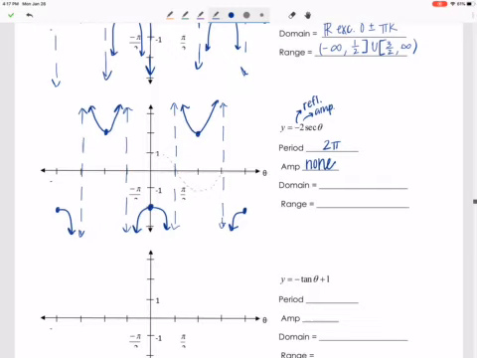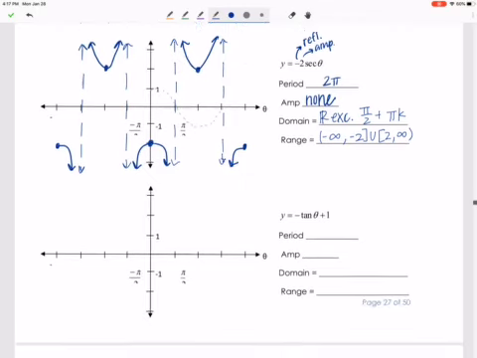All right, domain: all real numbers except our first asymptote is at pi over 2 plus pi k. And our range is -infinity to -2,